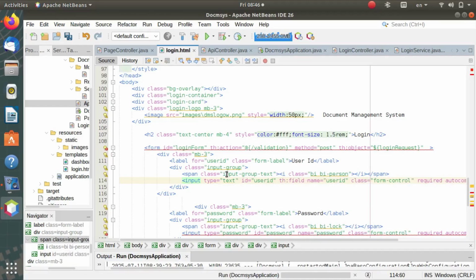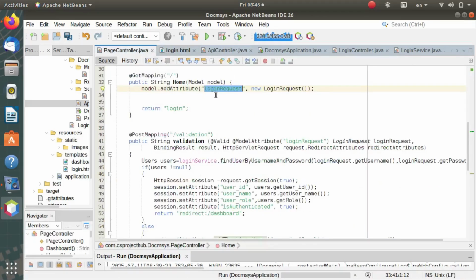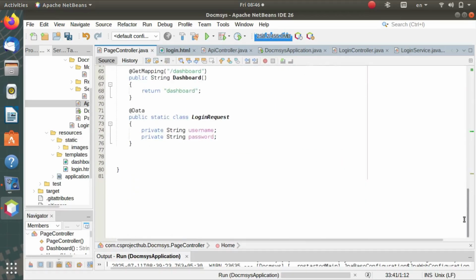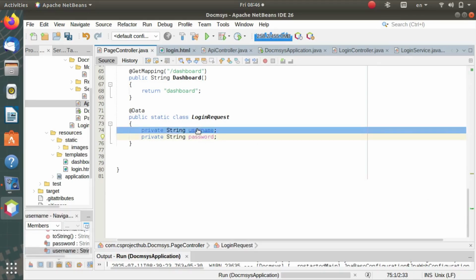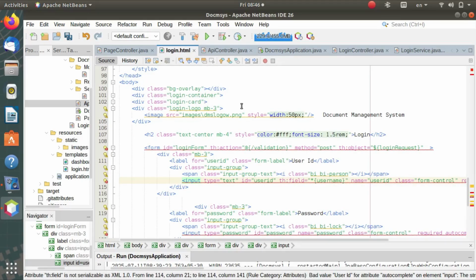Field, which field name is... what is your field name? Okay, field name is username, and